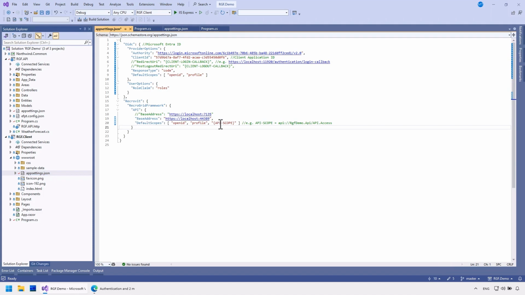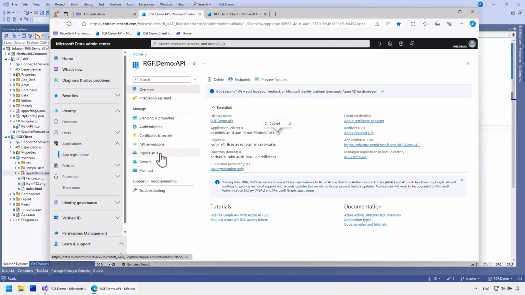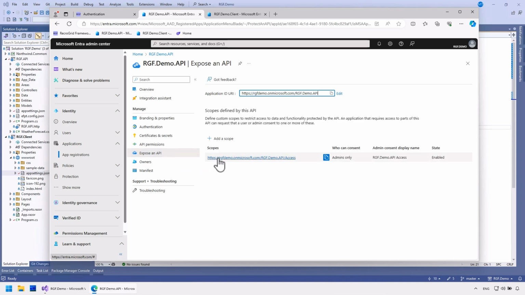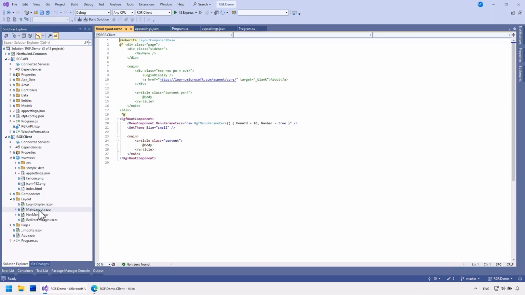I defined this during API registration. Now, I just need to make the login available in the GUI.